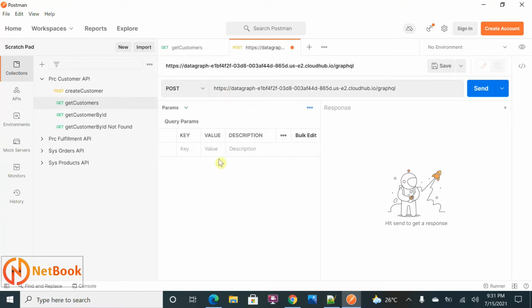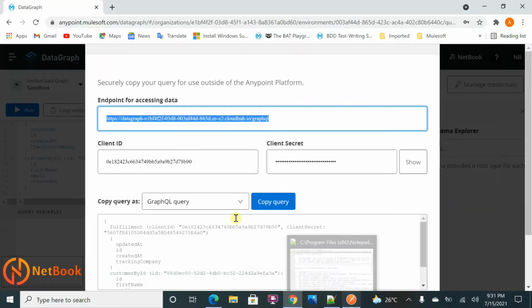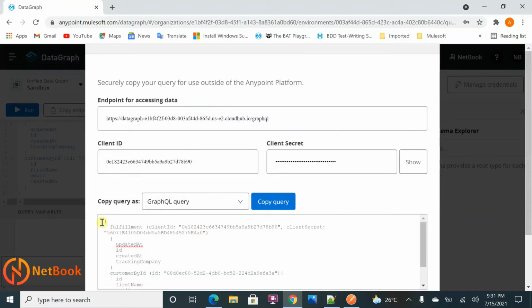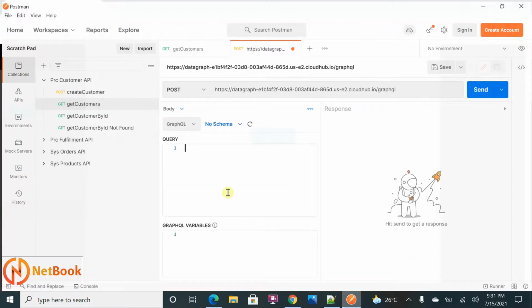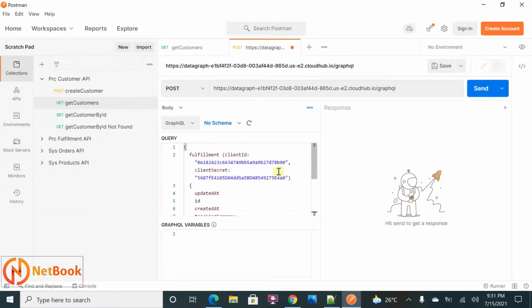This should be a POST method, and go to the body. In the body, you can see GraphQL over here. You need to pass a query. What is my query? This is the query which I want to run. Copy this query and put it over here. That is how we can pass a query.